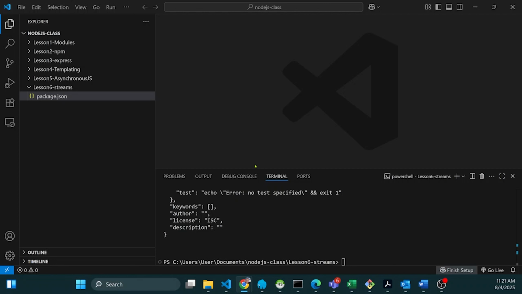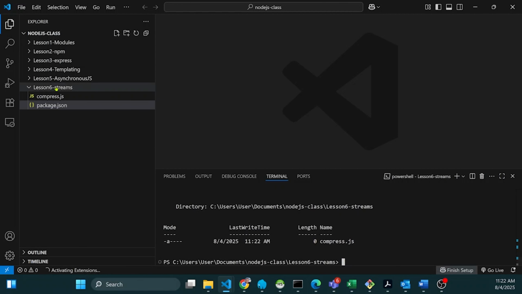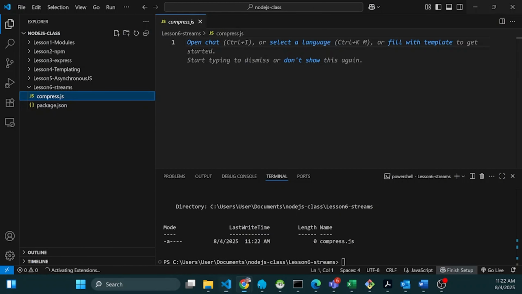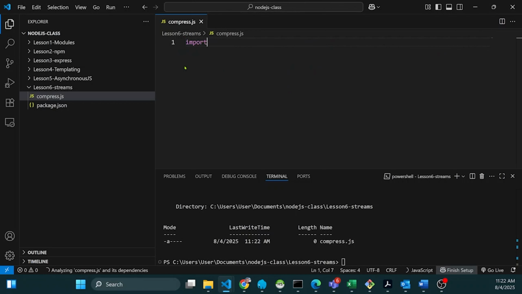So let's go ahead and build it. In our directory we will create a new file called compress.js, and then let's open that file. Now I'm going to import fs from